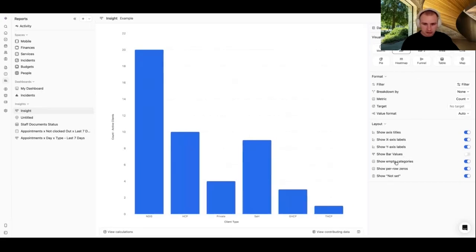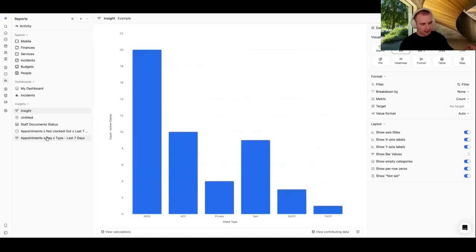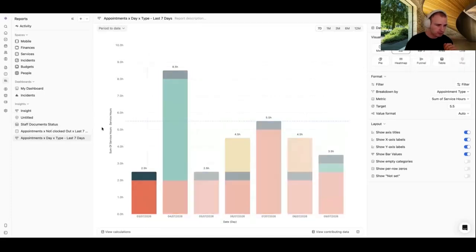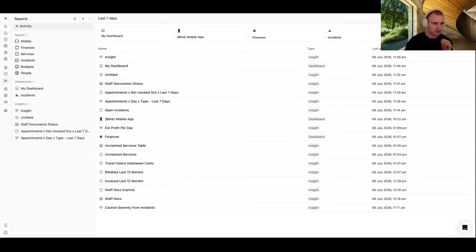Is there anything that I've missed? Chart total, copy configuration. Yeah. So moving forward as well, I didn't get a chance to make many of them, but if there are any that you do want us to create for you, what we'll be doing is copying the configuration URL. So I'll do it for this one, for example. If you say you're really struggling, and you want us to create one like this for you, what we'll do is we'll create one and copy this configuration code. So once you paste it into your browser, like I've done here,